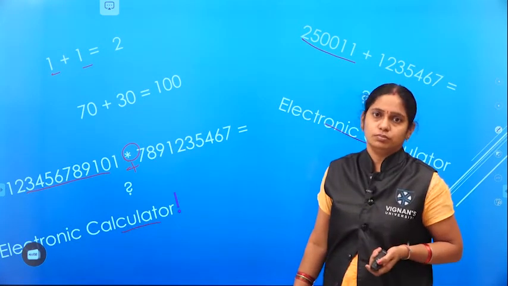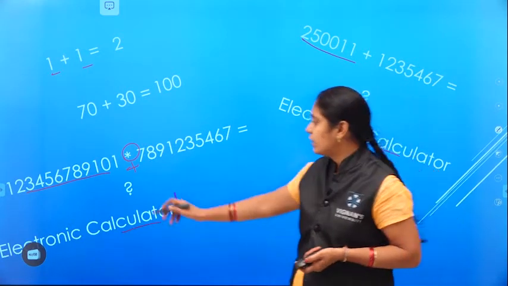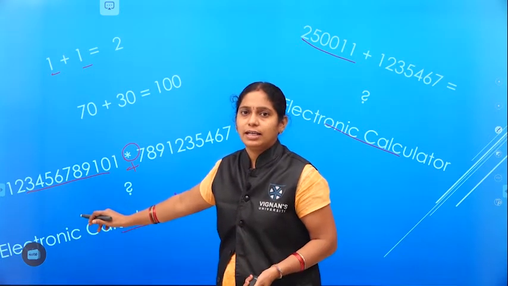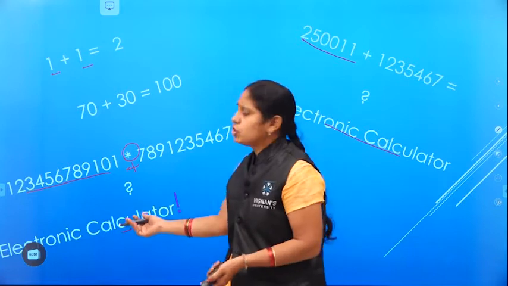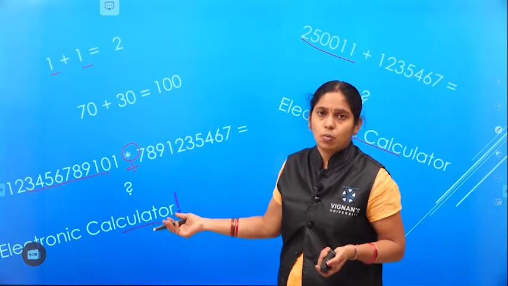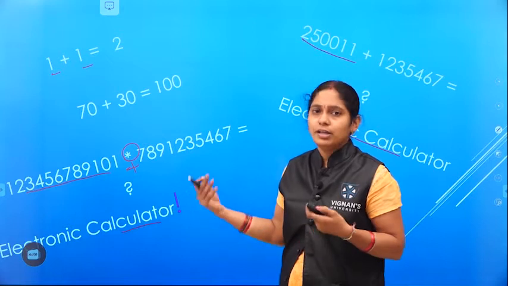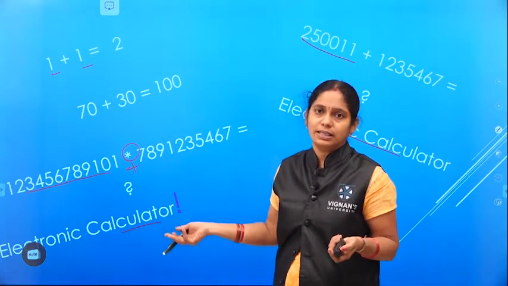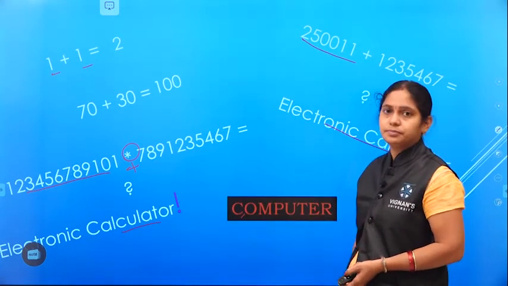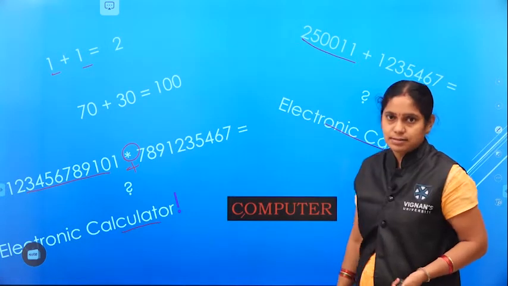Then what do we have to do? In such cases, what do we have to do? It is difficult to do manually. Okay, good. So, the alternative we have for that is a calculator. It is also difficult because it has a memory limit. So, what else do we have? Calculator is not sufficient. Manually, it is very, very difficult for us to complete the task. Then the alternative we have is a computer. Using a computer, we can complete this task.